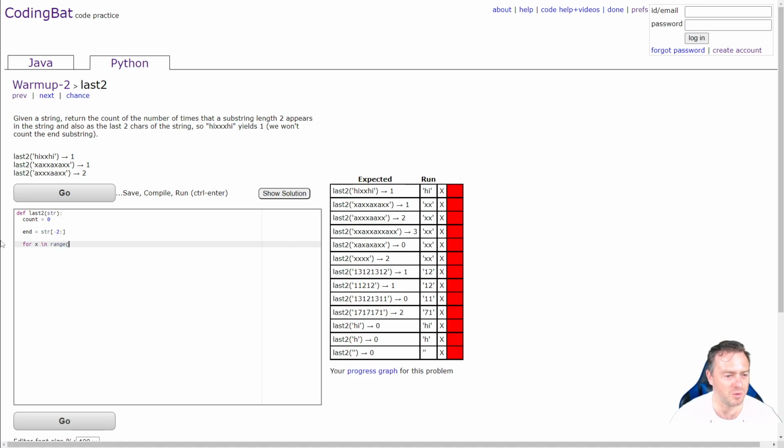To, what do we want to do? We want to go x in range to the length of the string -1. Cool. Snaky bite. And then